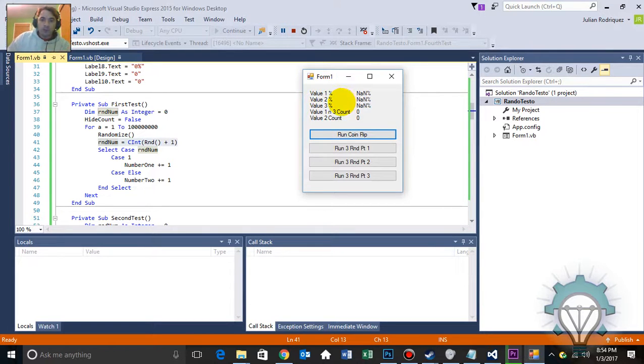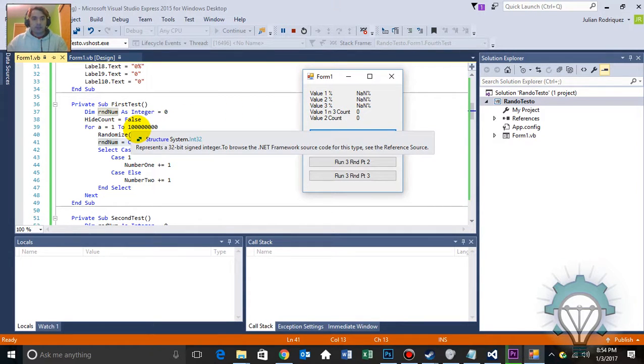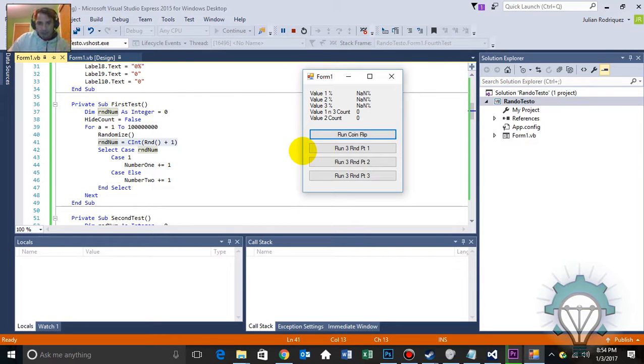It's going to run a coin flip. It's going to show the value of 1 and 2, the percent that they hit, and then the counts. Now, if I've done this correctly, this actually goes 100 million iterations using the law of large numbers to get an accurate percentage. If I've done this correctly, you should see a 50% chance of getting a head or a tail, a 1 or a 2. There should be roughly the same amount. It's not going to be exact,